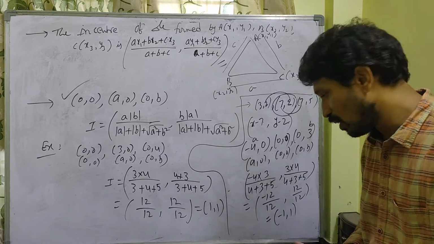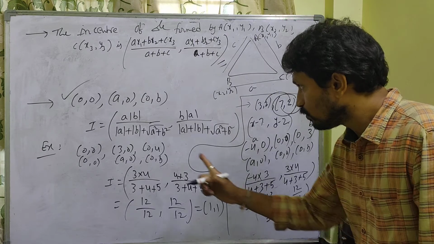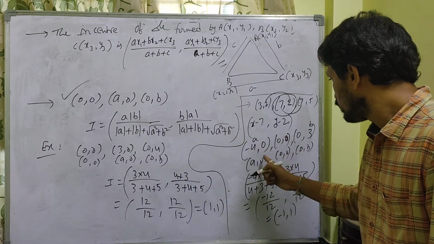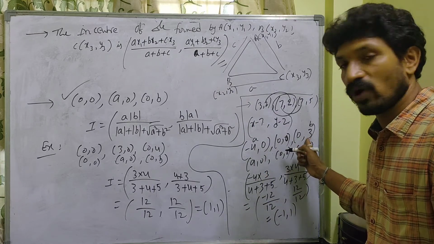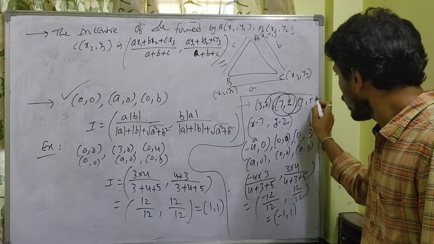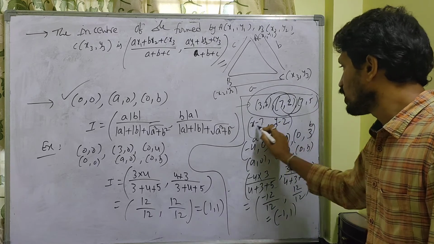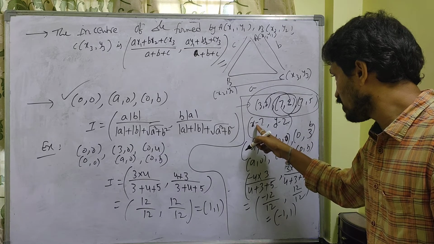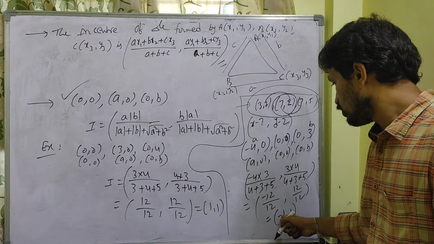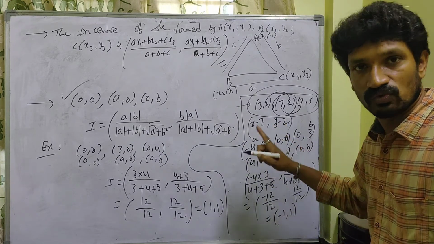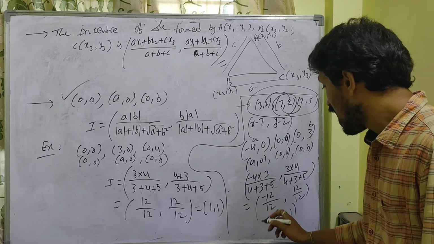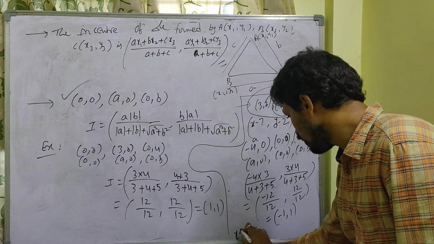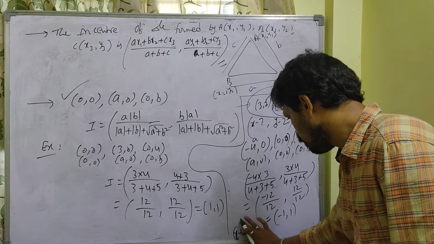So now what do we have to do? See here, this is the formula to find the incenter of these 3 points. If you want to find the incenter of these 3 points, here what have we done? x minus 7, y minus 2. Instead of this one, you take the formula that is nothing but x plus 7, y plus 2, in reverse order. So take x plus 7 and y plus 2.